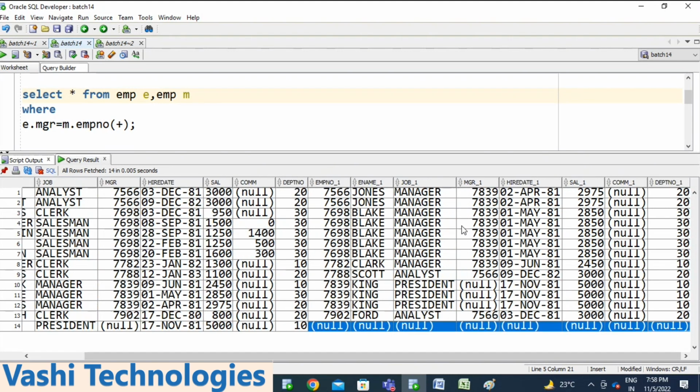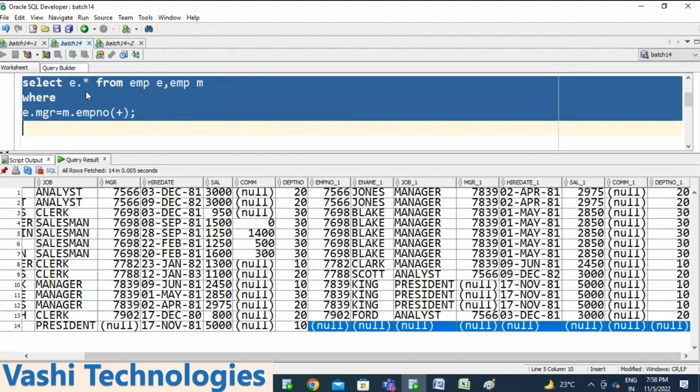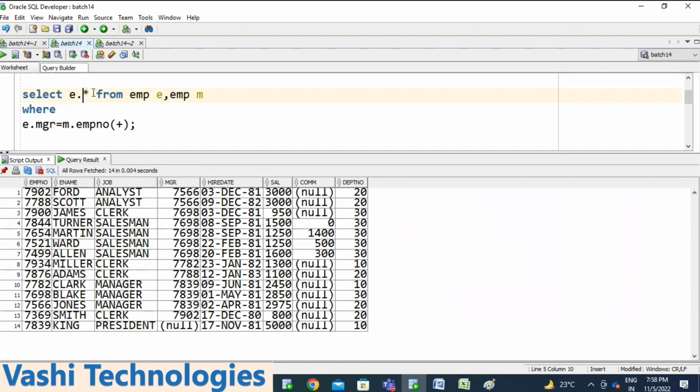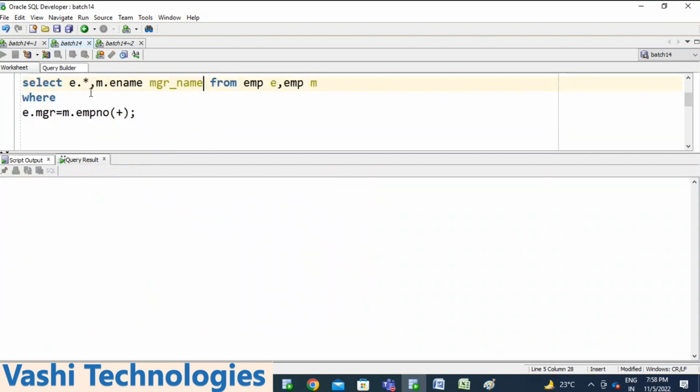I need to mention E dot star, it gives the employee information. Now if we mention M dot ename, manager table's ename as manager name, I'm taking only one column value.